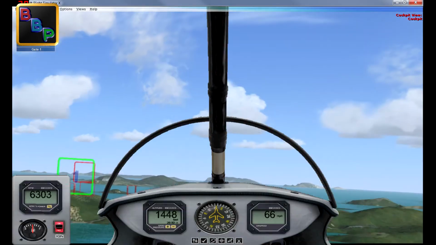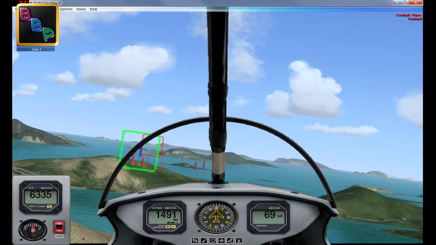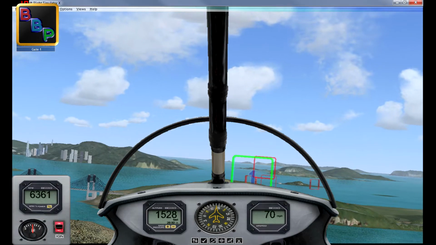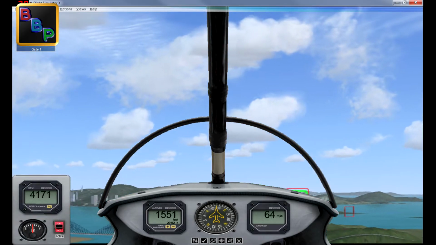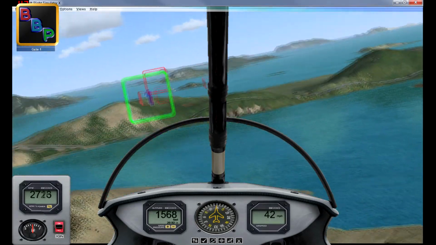To get to the first gate, just climb. Gently pull back on the stick to raise the nose of the ultralight. To go faster as you climb, push the throttle lever forward or press the F3 key. Now I haven't. I think before I did that you need to fly through are